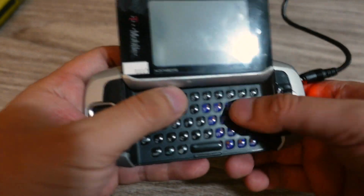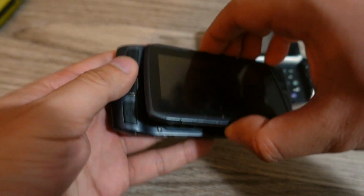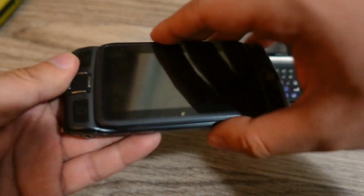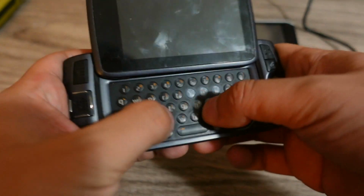A lot of people look at the Sidekicks and they're still intrigued by it. It's a really interesting form factor. The way that the screen just swivels out like that automatically is really cool still, that you obviously don't see on any devices these days. It had that full QWERTY keyboard that was really nice to type on, especially for messaging, which was a huge thing